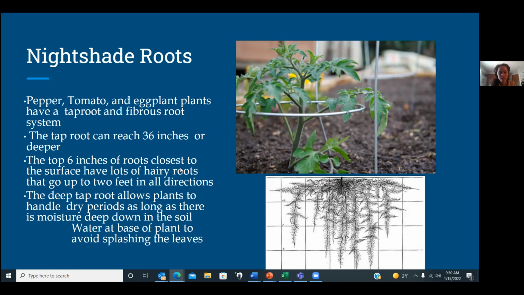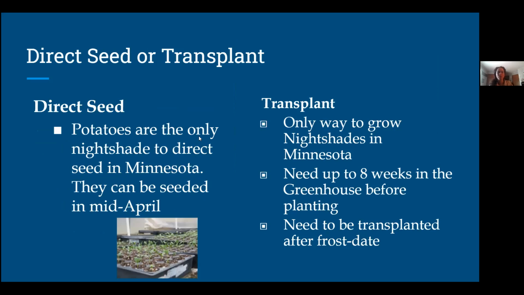So that's just a little information about that. Okay, there we go. So like I said, we don't need to know about potatoes really, but